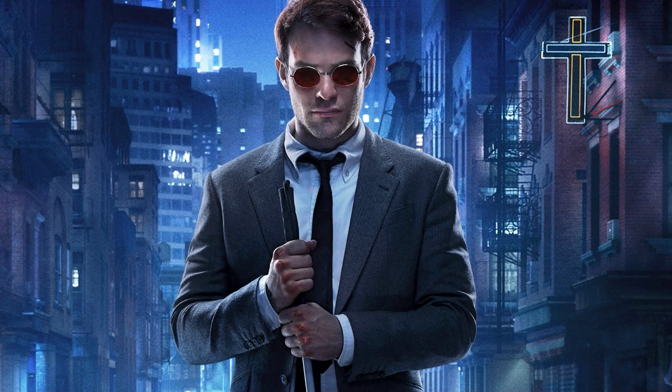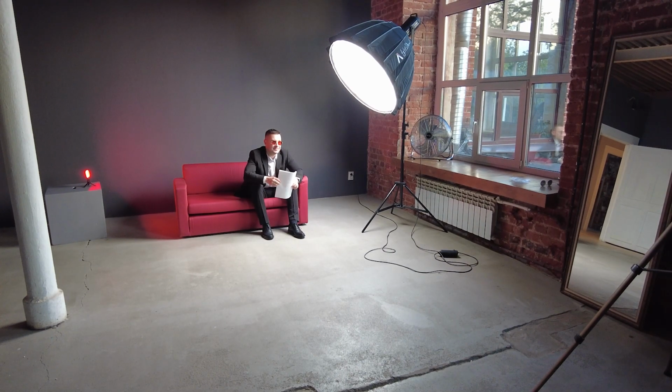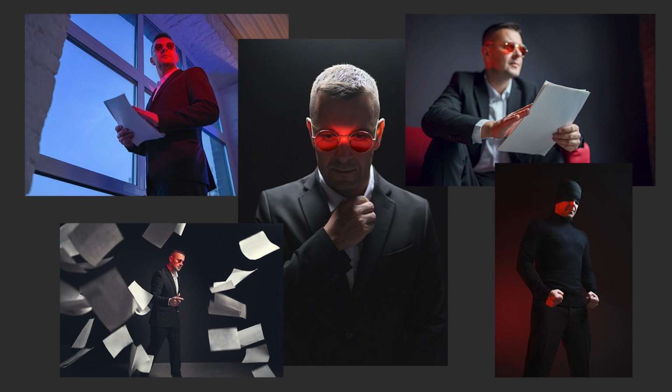We needed to find a classic suit and red glasses. It wasn't hard. I came up with a story about a lawyer who works. Then he hears a cry for help on the street, fights with himself, and decides to help and turns into a superhero. Daredevil is associated with the color red, so I limited the number of colors to red and